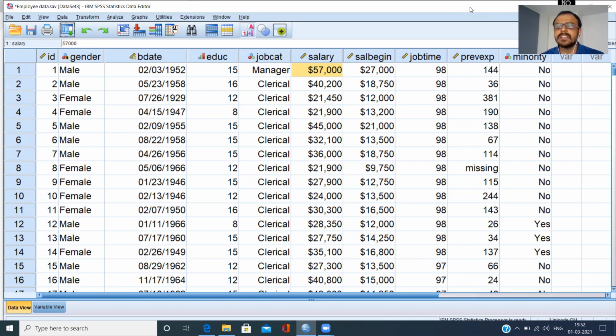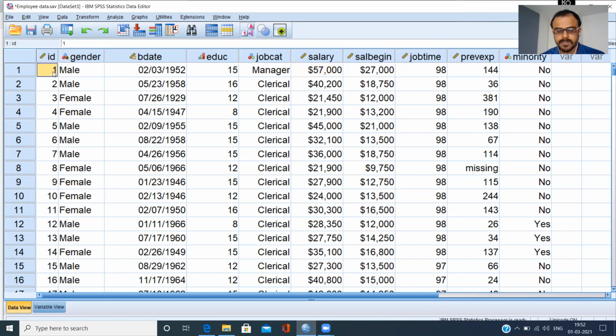And usually in the EDA stage, we identify outliers and remove them if they are a data entry mistake, or we have to make certain transformations if we choose to keep them. So outliers are very important, particularly at the EDA stage, and how we handle outliers influences the success of our analysis.